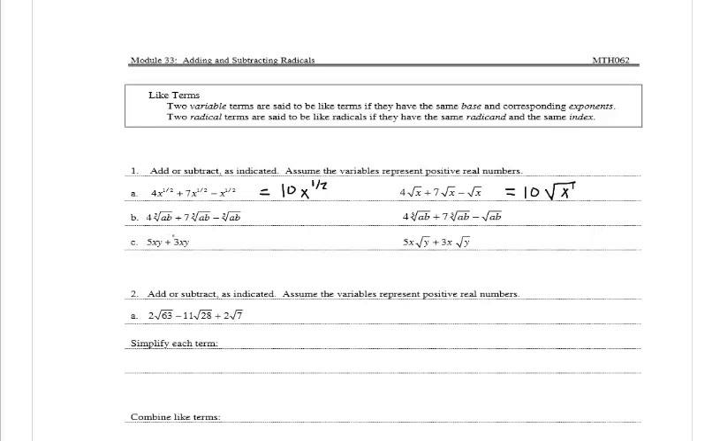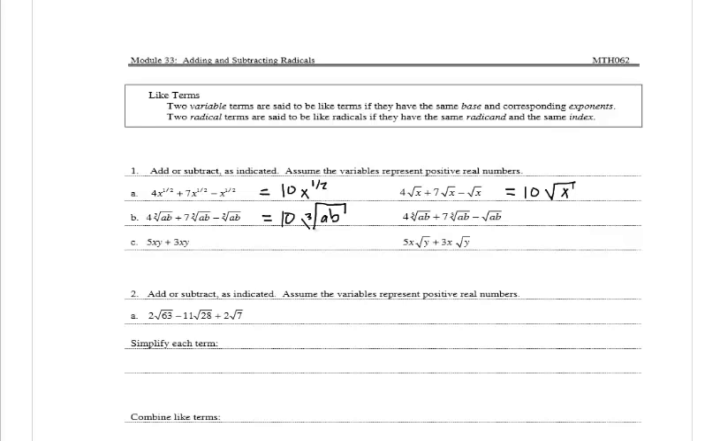In B, we have 4 times the cube root of AB plus 7 times the cube root of AB minus 1 cube root of AB. And we have like radicals. The index is 3 and the radicand is AB. So we have 4 plus 7 is 11 minus 1 is 10 times the cube root